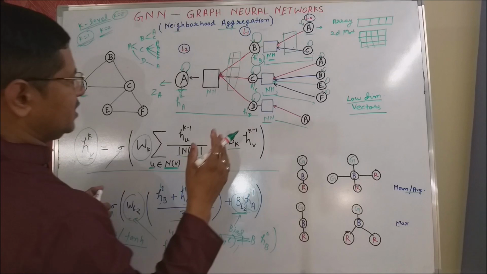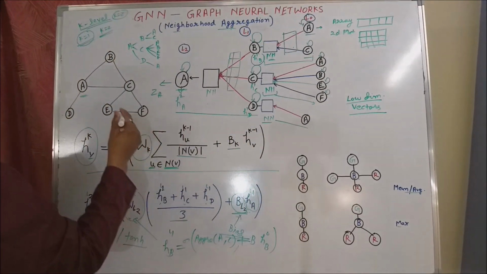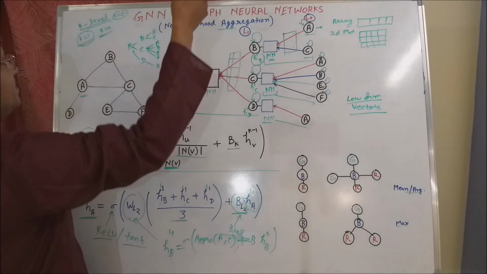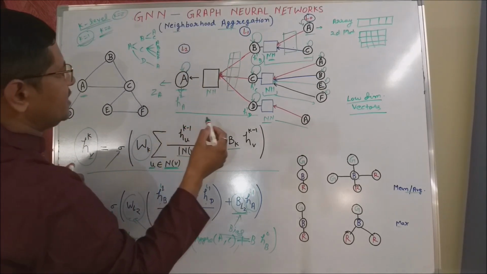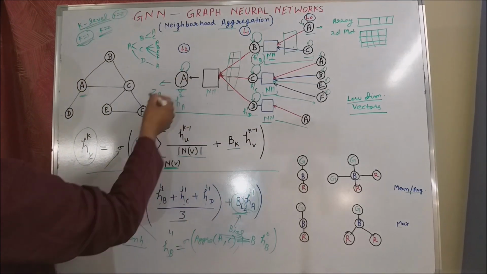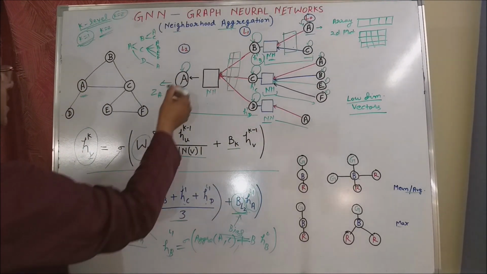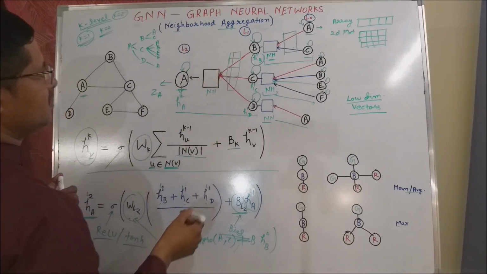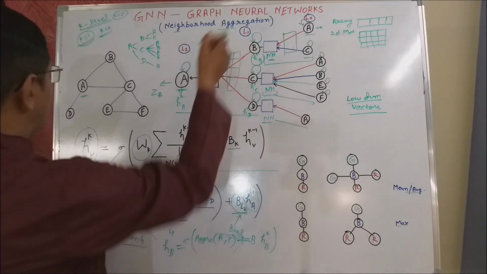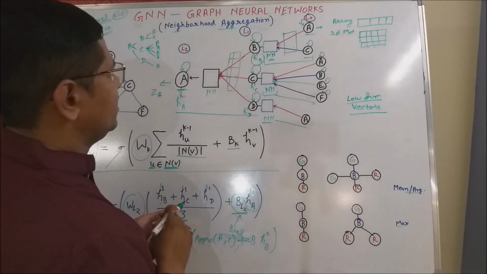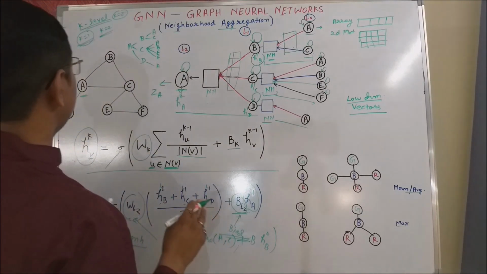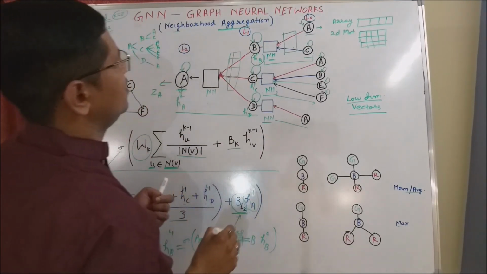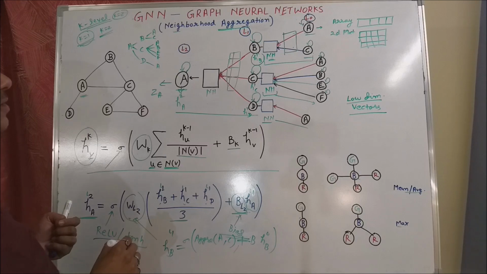Generally, in some research literature you will find that if we increase the k level, k equal to 2, 3, 4, 5, 6, 7, you will get slightly better accuracy of the node encoding score. And once you get the node encoding scores, it is very easy to predict a lot of things. So the next thing we can consider is whether aggregation is the final solution for graph neural networks.